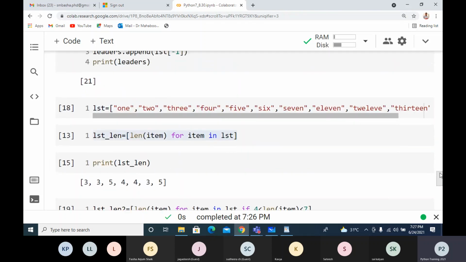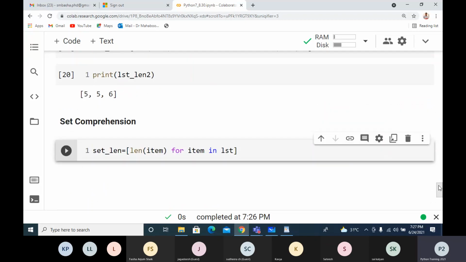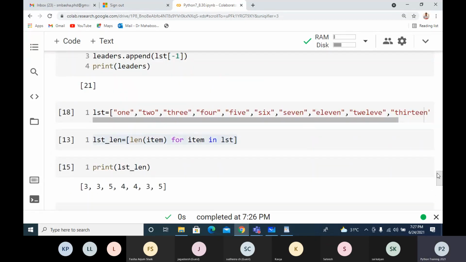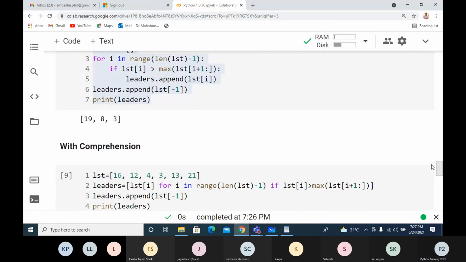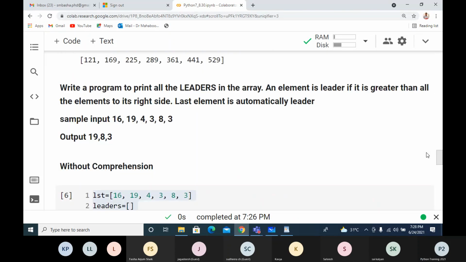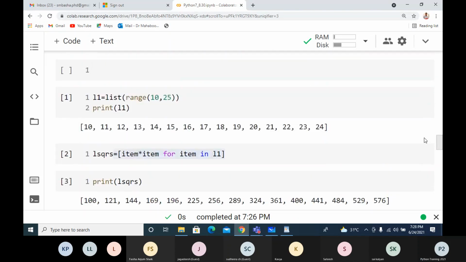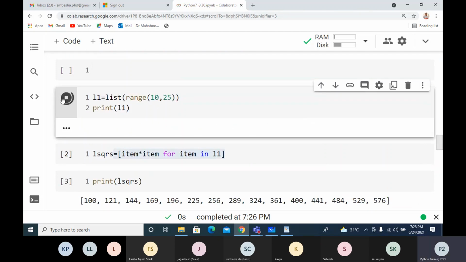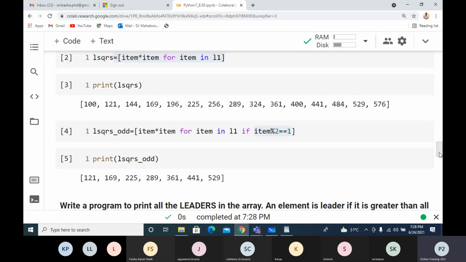So I'll take some other example. I'll take this list L1.